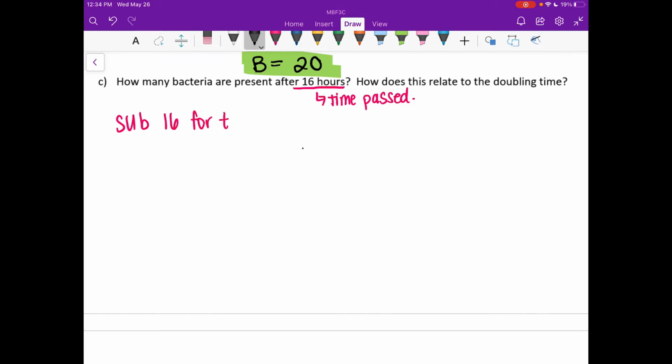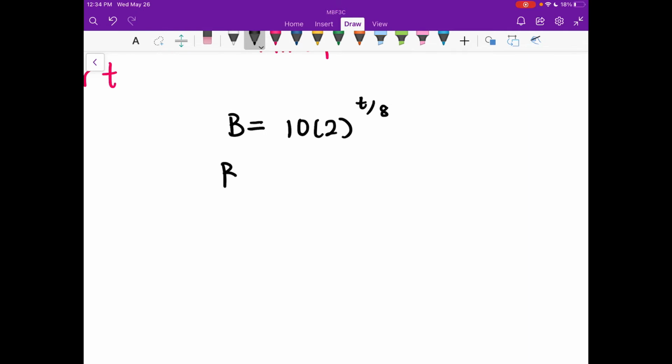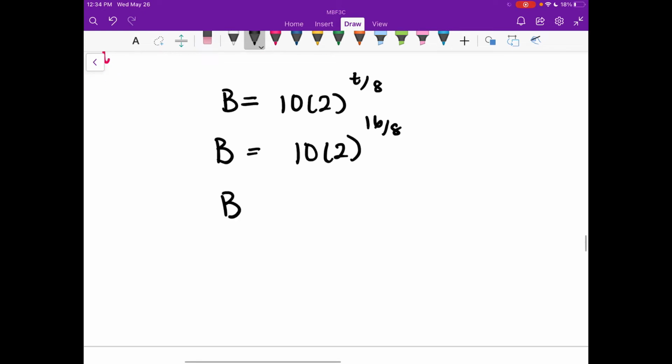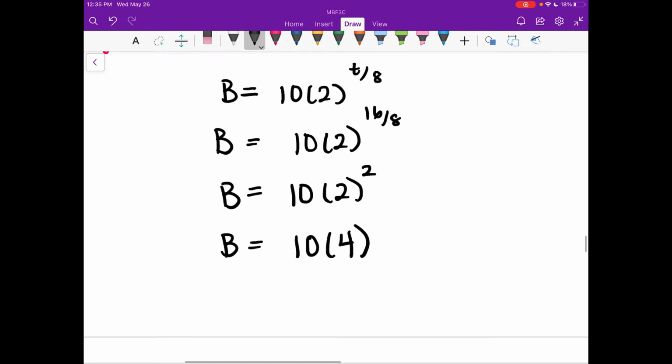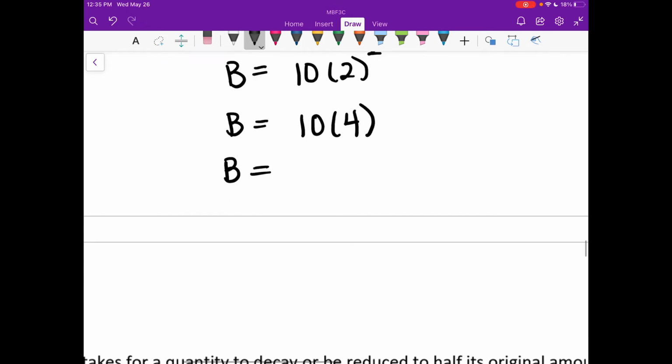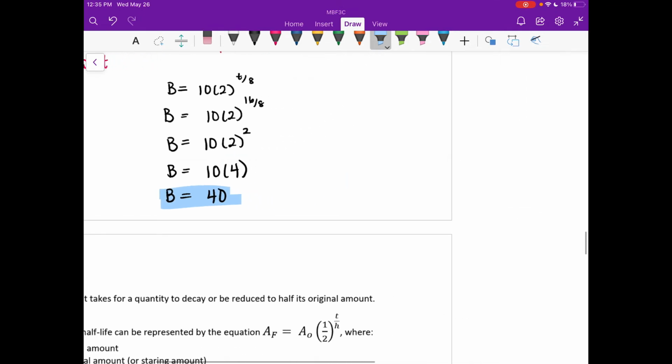So let's do that. B is equal to 10 times 2^(T/8), so B is equal to 10 times 2^(16/8). Always do your exponent first, so simplify that. 16 divided by 8 is just 2. B is equal to 10 times 2 squared. Always do the squared first. 2 squared is 4. B is equal to 10 times 4, which is 40. So I have 40 bacteria now. Therefore, after 16 hours,